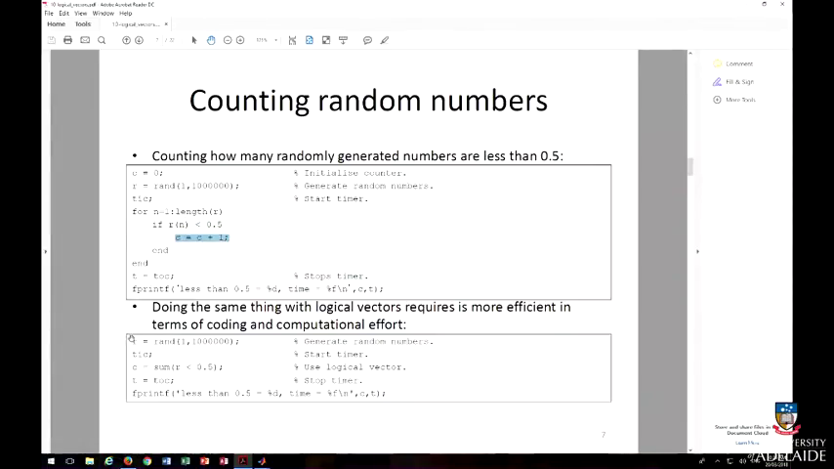Similarly, we created this R vector, and it has random numbers. We start the timer. We stop the timer later, but the difference is in this particular line. Now, instead of that for loop and so many lines of code, we have a logical vector here. Whenever this logical vector is true, what is going to happen? That's going to get added into the sum, right? So it says sum